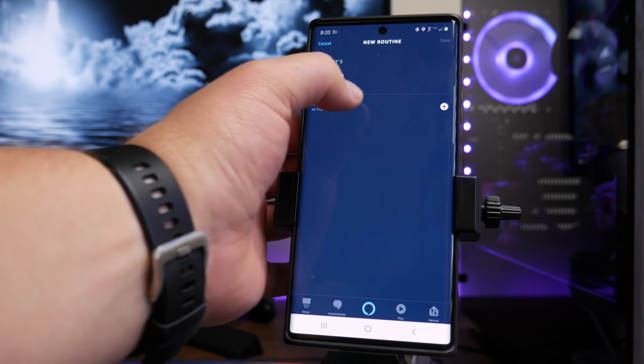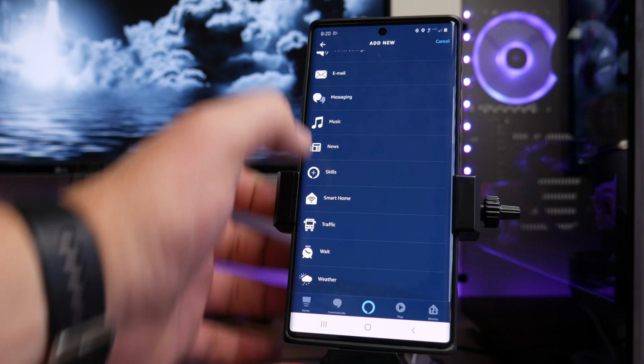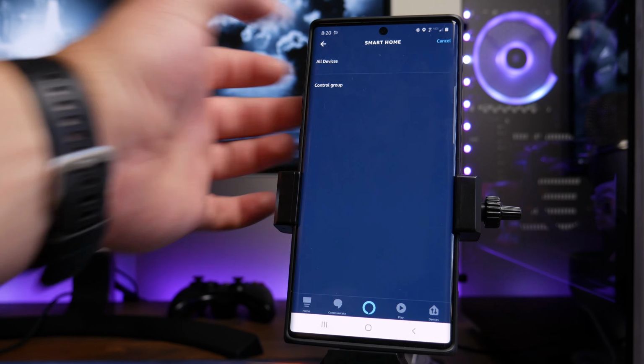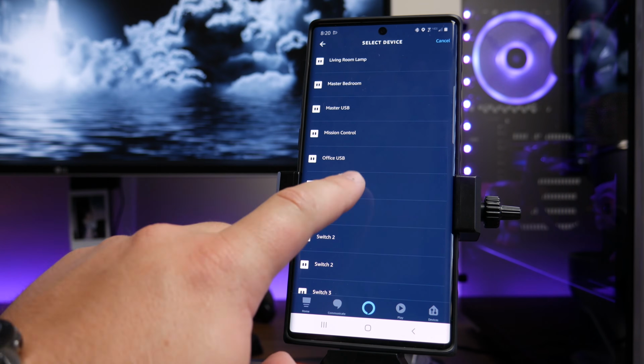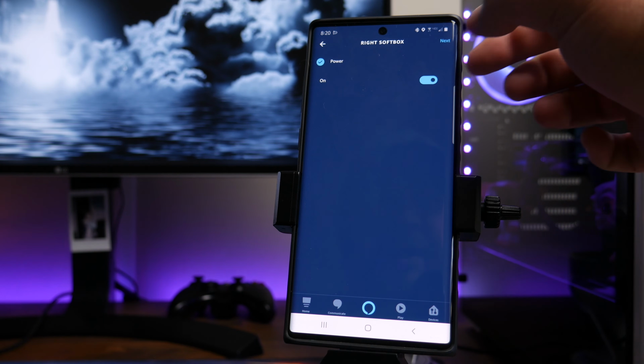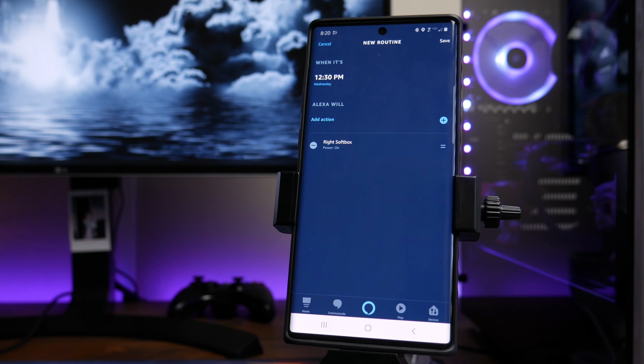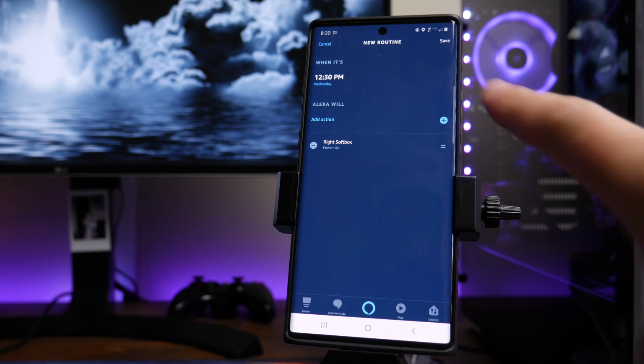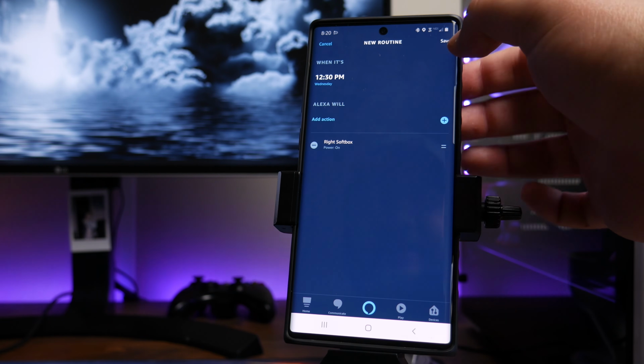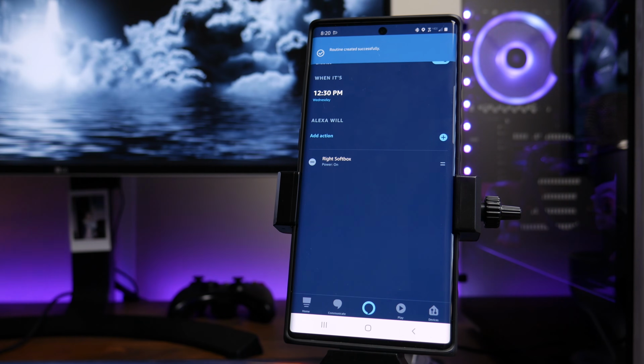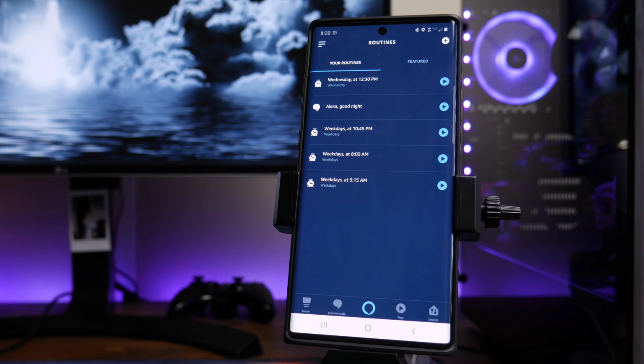And then to add it back, again, just go ahead and tap on add action, scroll on down to smartphone or whatever you had. Go ahead and click on all devices, and I will choose right softbox, and we'll do the power on. We'll click next. And again, it brings us back to our summary. And then once you have everything in here that you need, you can go ahead and click on save in the top right hand corner, and it will say routine created successfully,